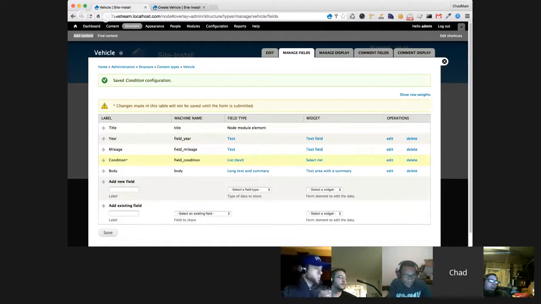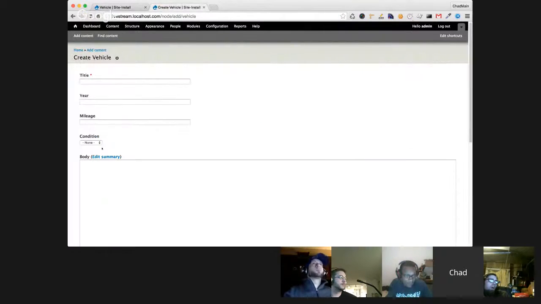So with that, we now have our vehicle. You can see if we were building this from scratch or some other way, building a CRUD system like this would take a good amount of time. And this took us all of like 10 minutes to build. So that's one of the advantages of Drupal.